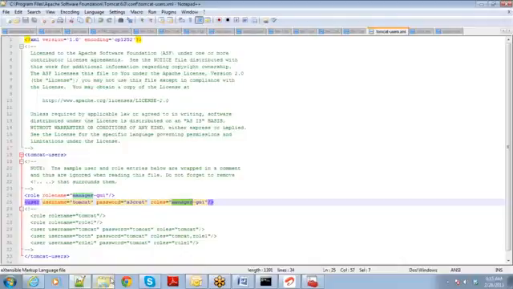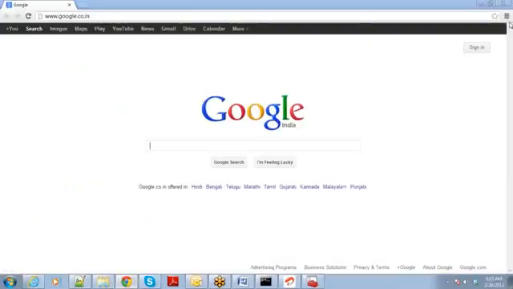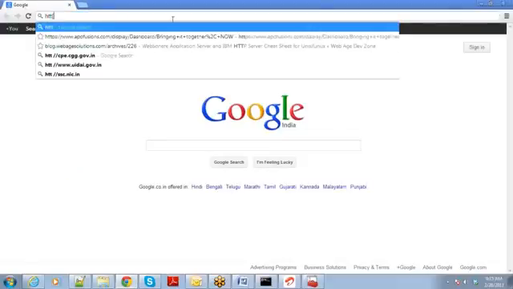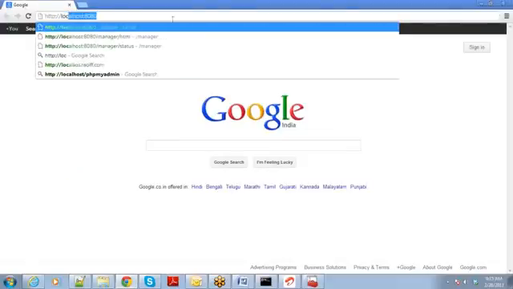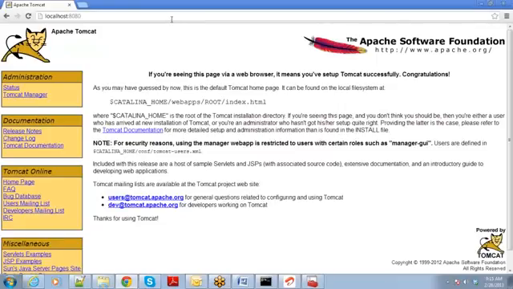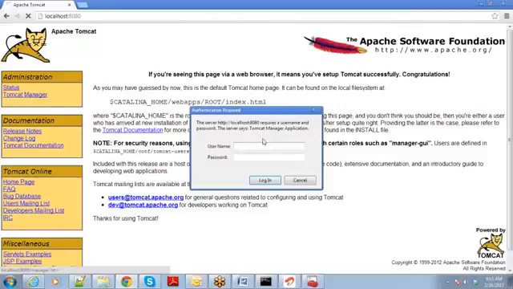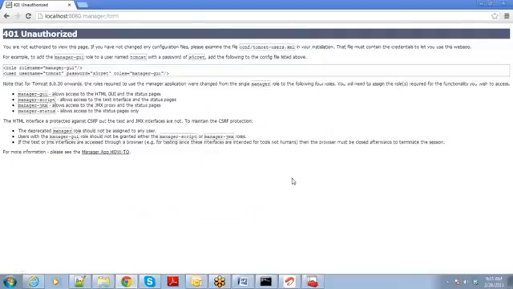Close the console, open again. Good. So HTTP... see, it will ask me for username and password. Just imagine if I have not given anything. So it will say unauthorized, and clearly it will tell, please examine the file